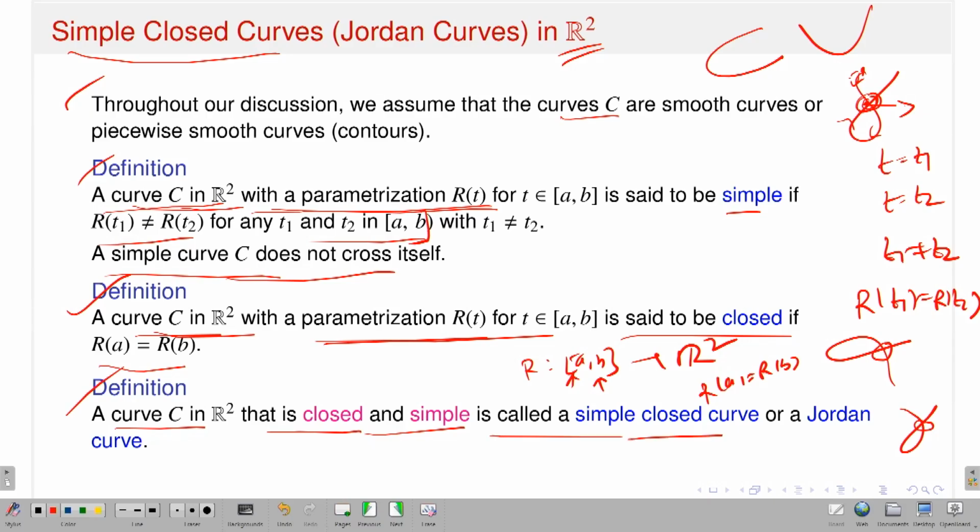So this is called a simple closed curve, or sometimes a Jordan curve. So maybe in the next couple of slides I will work on the Jordan curve itself. That means a very nice curve. Okay. So a curve C in R2, I will say that it is a Jordan curve or simple closed curve